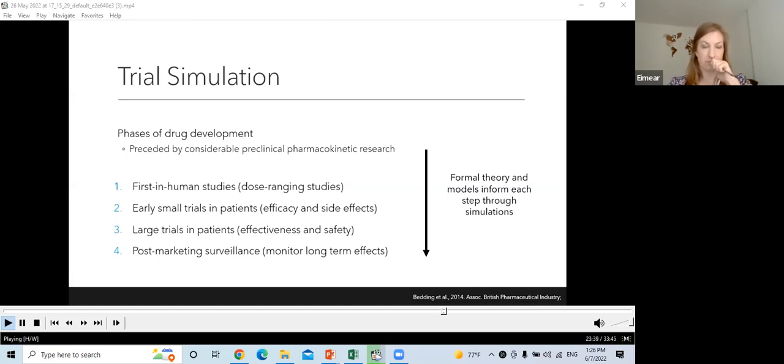Because you can't just throw as much money as they have, they've not got infinite money. So you need to be able to design studies efficiently and well. I mean, that's maybe why they have so much money, because they can do this. When we move through each phase, information from the previous phase, both in terms of the implementation from a physiological level and that mathematical model, is used to improve and simulate and iterate and test, and then used to simulate the next steps in the phases of development, the next studies that will be coming.